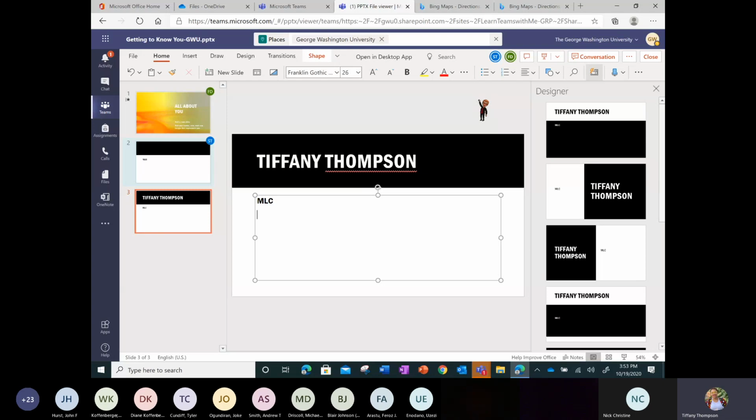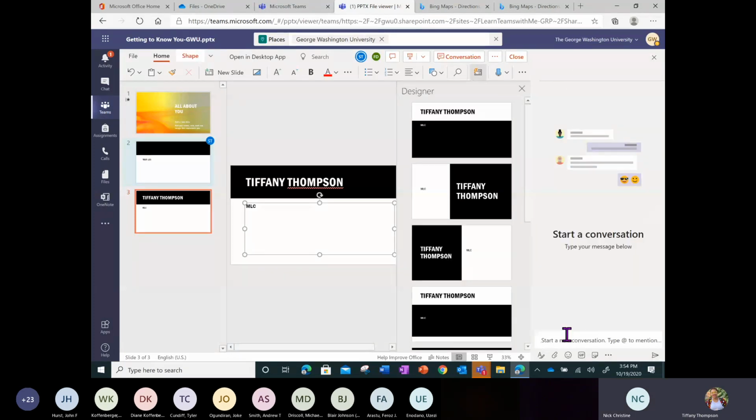At any time, if I wanted to have a conversation around this document, I could certainly do that. So if I click this conversation button, I can start a conversation that is going to live in Teams around this document. So I can say, hi all, I think we should reword slide 1.